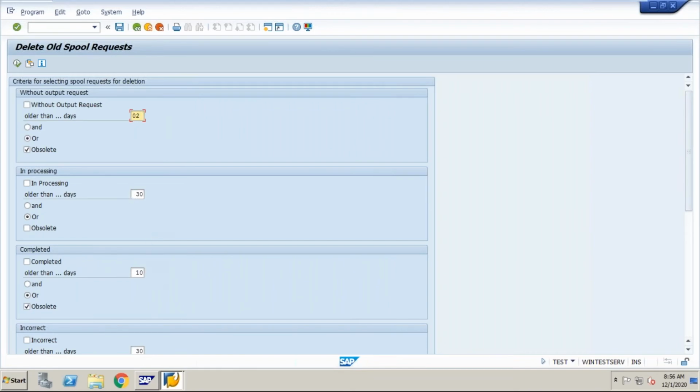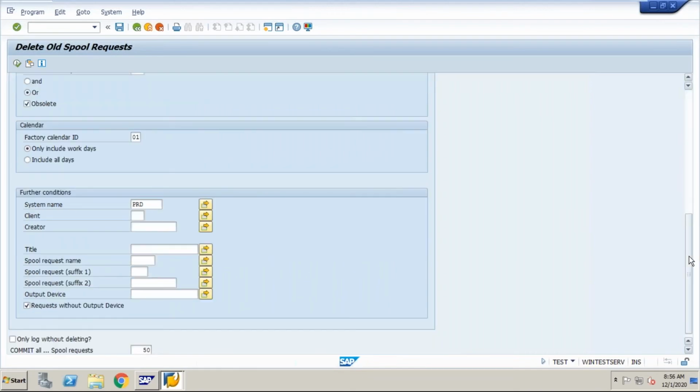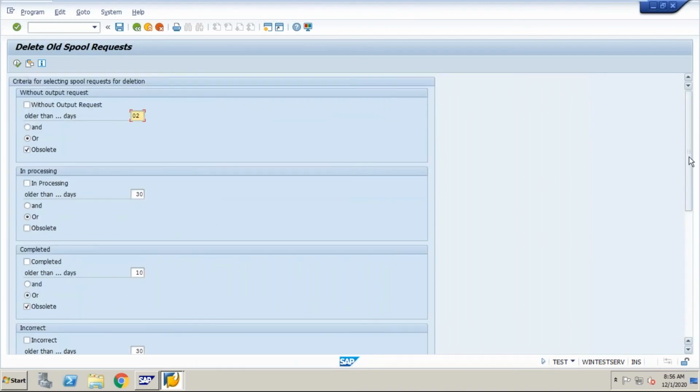In processing 30, completed 30, these are all variants, and these are all values. You don't want to give any value on your own. When you get a mail confirmation from your management, then only you can start work with this kind of thing. Never give any value on your own. You have to take permissions and approval, but because this is a one-time activity, once you perform this activity, it will run for the whole lifetime of the system.